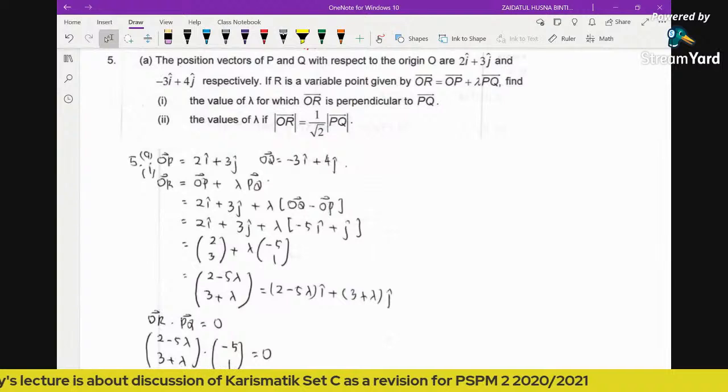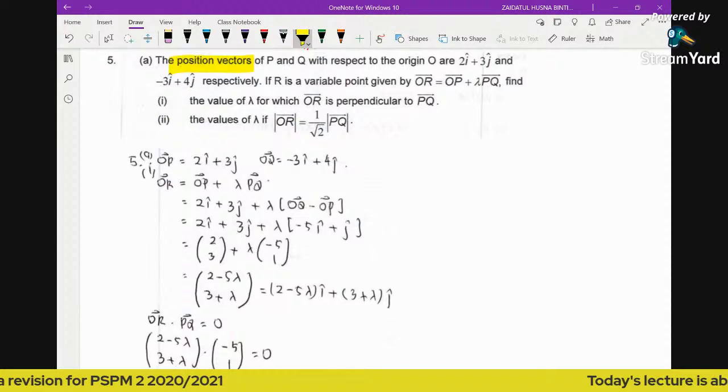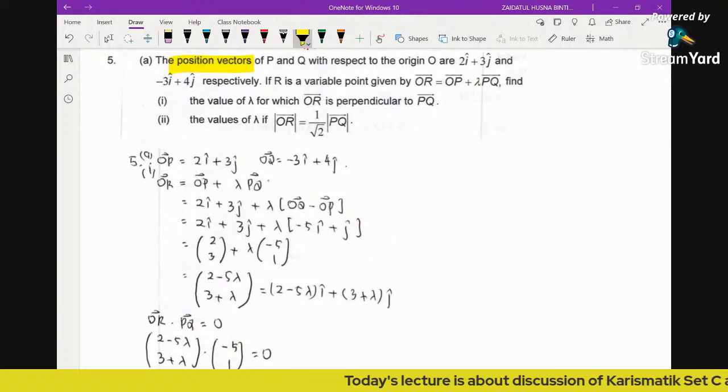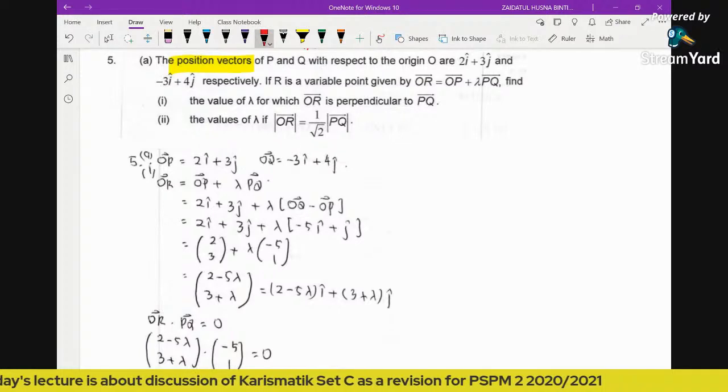Okay, then number 5, position vectors of P and Q. So please, what is a position vector? A position vector is basically a vector from the origin. Make sure you know the terms position vector, unit vector, parallel vectors, and so on. So a position vector is basically from the origin,